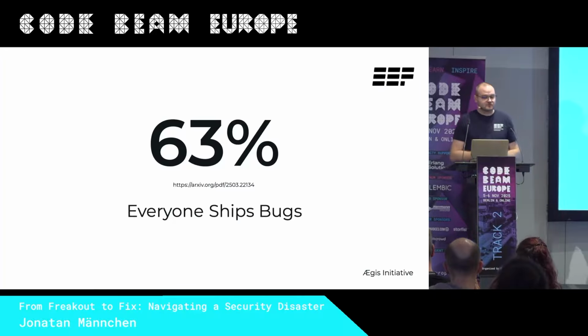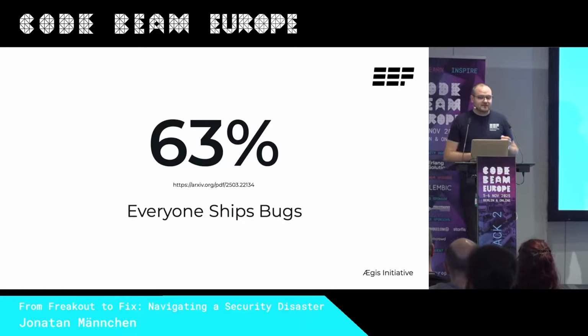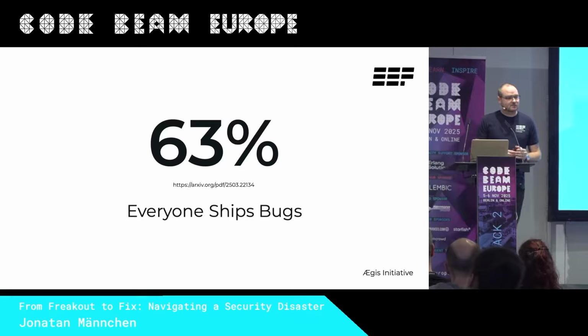Here's a universal truth. No one ships perfect code. Mistakes slip in your own code, or they just hitch a ride in your dependencies, often in ways upstream authors of these libraries never intended. A study of 14 million Maven releases showed that 63% of projects pulled in a known vulnerability through transitive dependencies.